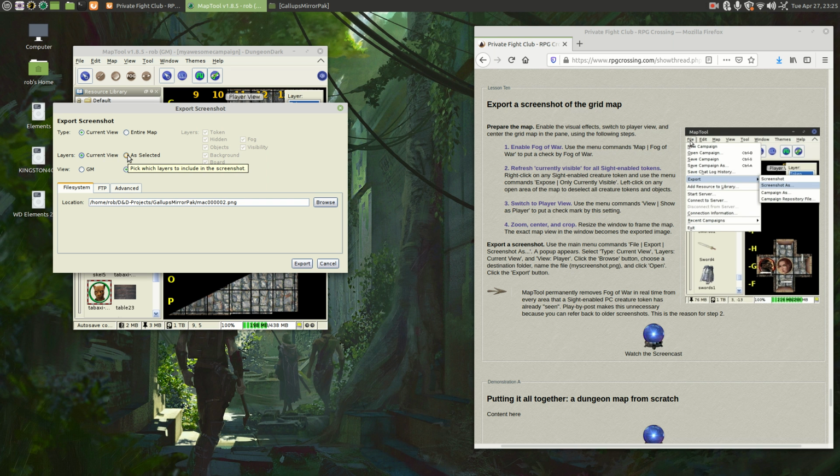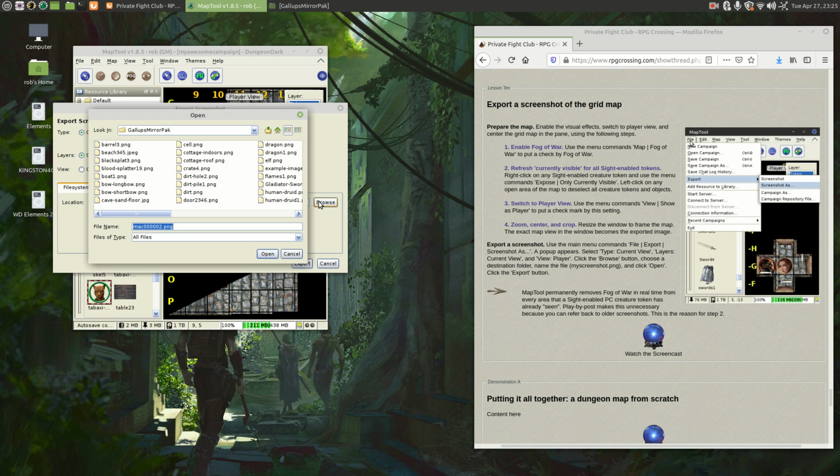You never want to use as selected and select individual layers over here. You always want to have the combined view in current view. And you always want to have player selected, so it shows the map the way you want it to look for your players. And you browse to where you want it to be in your file system, and